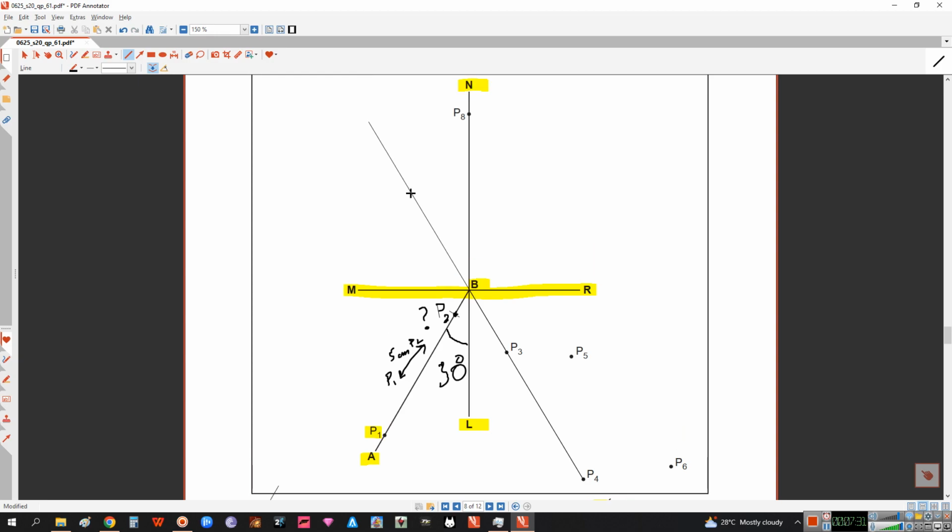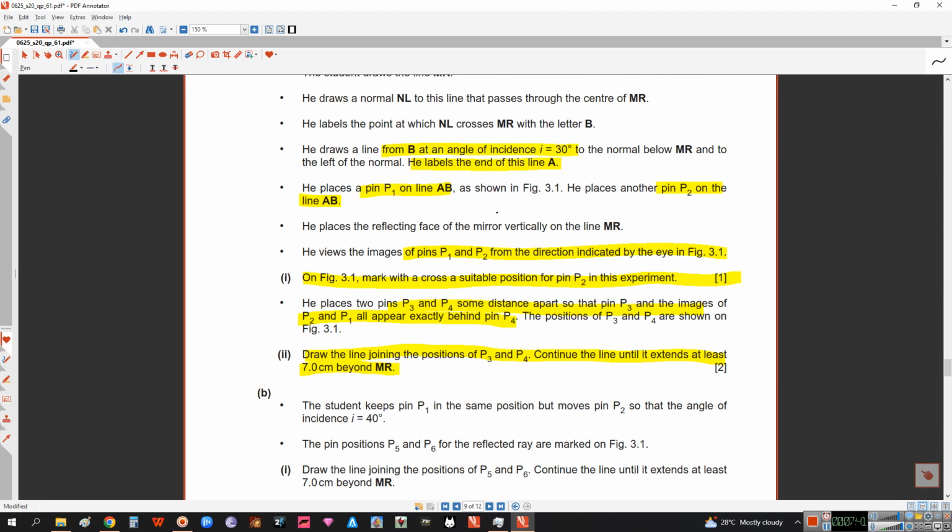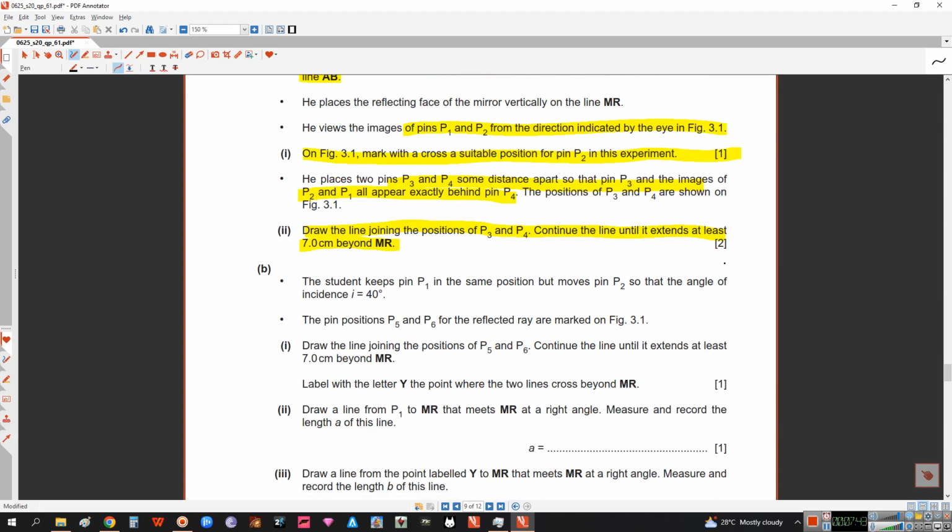So now this line over here is actually what we say is now 7 centimeters, right? Okay, next part. Okay, we're done with this as well. Okay, the student keeps pin 1 in the same position but moves pin 2 so that